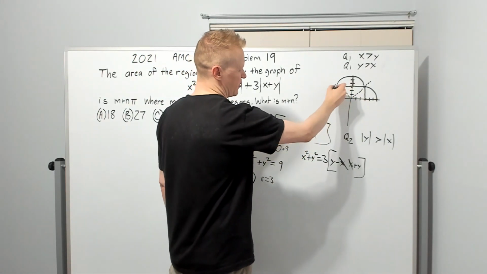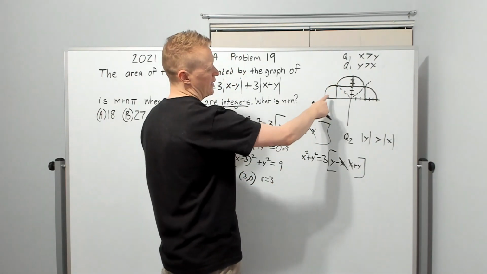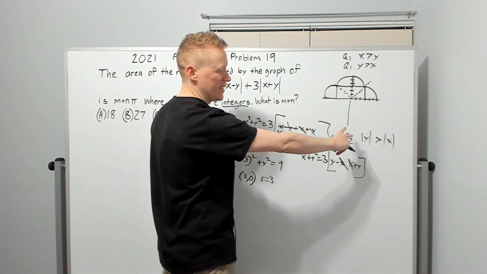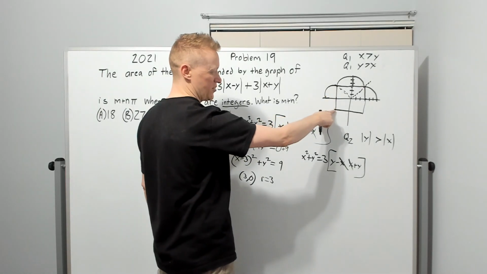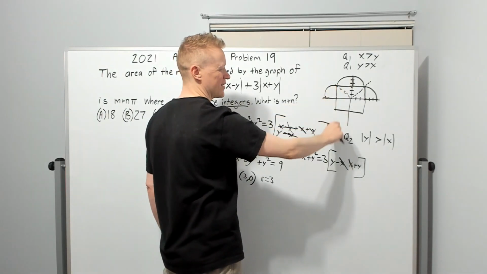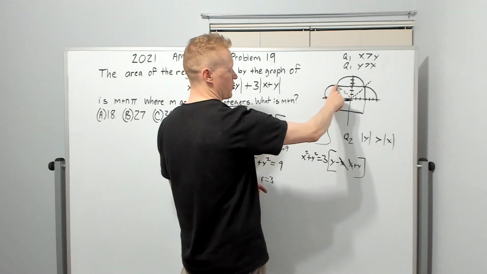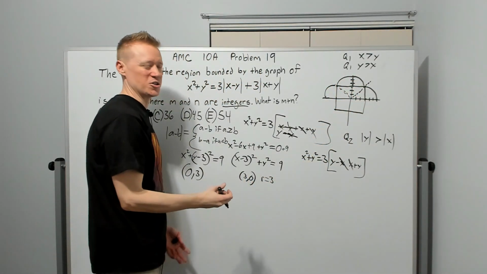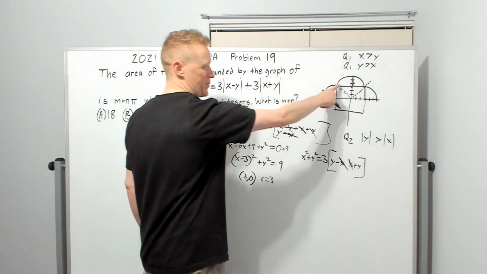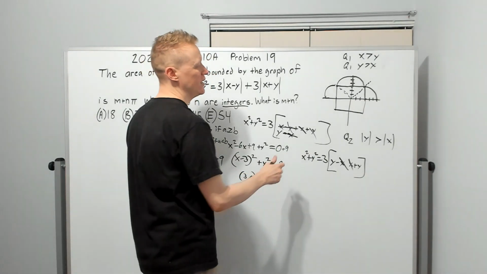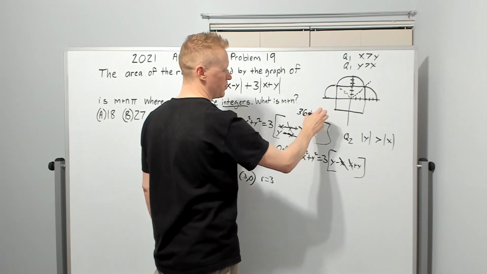And so what does that mean? You're going to come down like this, have another quarter circle here, and this is going to look the same thing down here. You're going to have a square that goes like this, and it's going to be 3 here and 3 here, total of 6. And so the area is actually just the curved part, that's actually the thing that we're drawing, but it's everything in that shape, which is why we can capitalize on this square as well. So we've got 3 here, 3 here, that's 6 times 6 is 36, plus 1, 2,